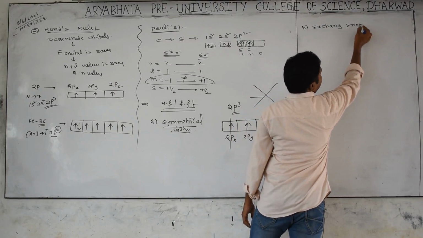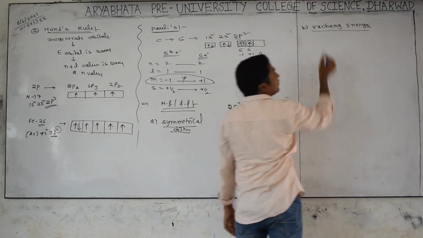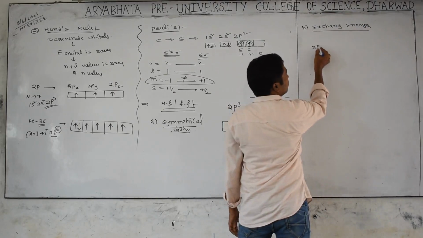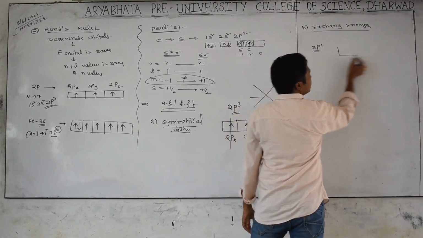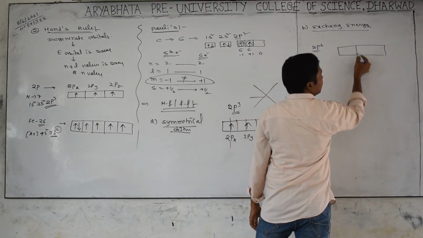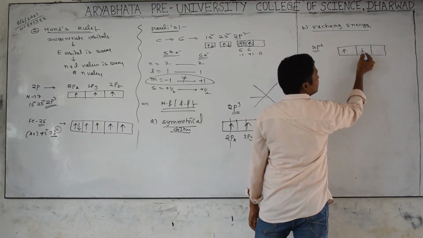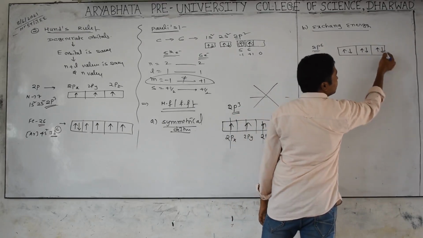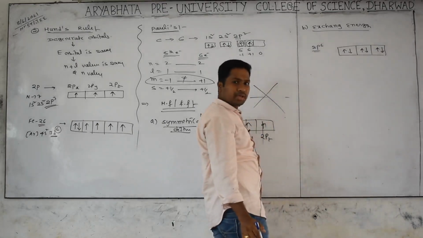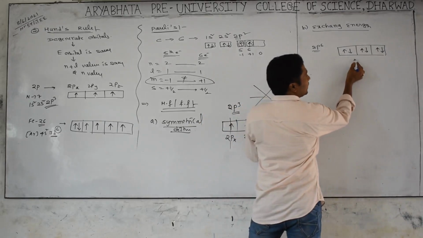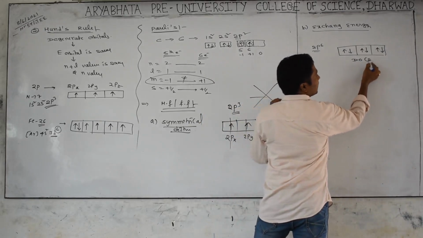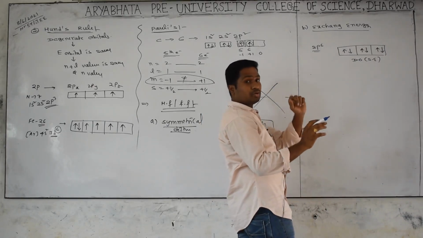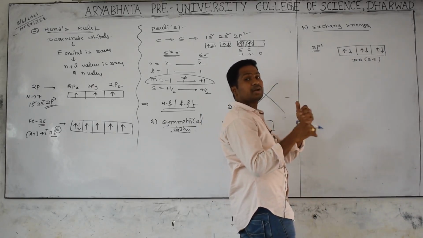Exchange energy. Sir, what is the meaning of exchange energy? For example, take 2p6. 2p6 means three orbitals will be there. The three electrons first go into each orbital, then pairing will happen. Are these orbitals fully filled or not? Yes. So you already know they are degenerate orbitals, meaning they have the same energy, and each has 2 electrons, one clockwise and one anti-clockwise, in all aspects they are equal.